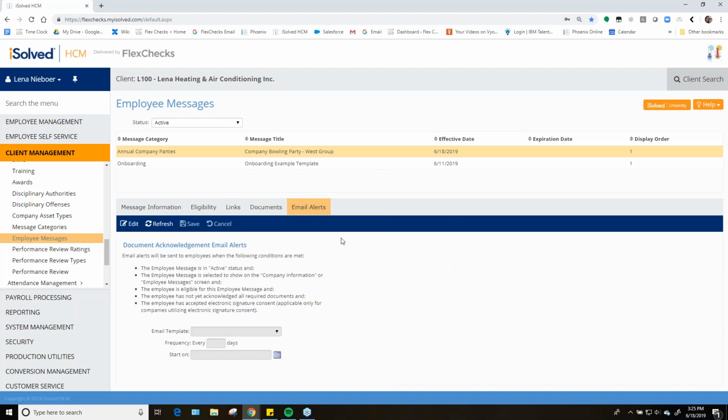This Email Alerts tab is where you can set up email alerts to be sent to the employees who have not acknowledged that they have signed off on the document that's required. So this brings us into the final